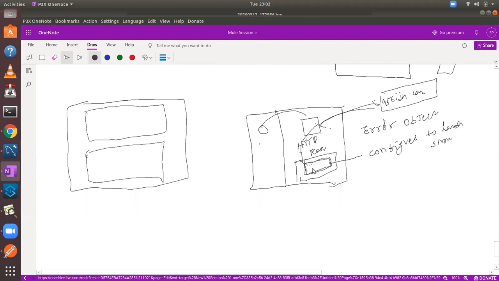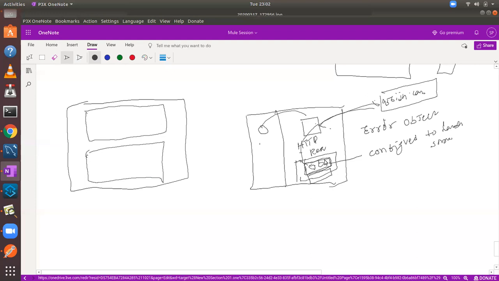If it is capable, the things you configured over here get executed. If it is not capable, it checks whether any other error handler is capable of handling that one. If nothing is capable, a default error gets raised. That is a different story; we'll see that one. What happens when no handling scope is there is the second story.